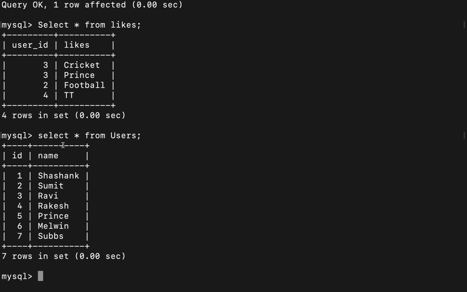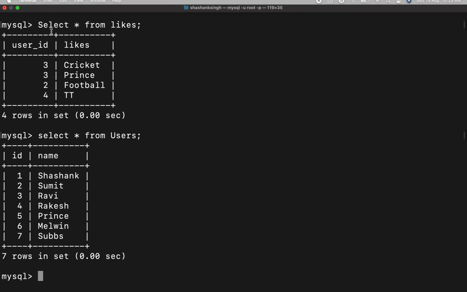We have already seen the not null constraint. We have already seen what is unique, what is primary key, right? So not null ensures that a column cannot have a null value. Unique ensures that all values are unique. Primary key is a combination of unique and not null. And now, what is foreign key? So basically, foreign key prevents actions that will destroy the relation between two tables, right?